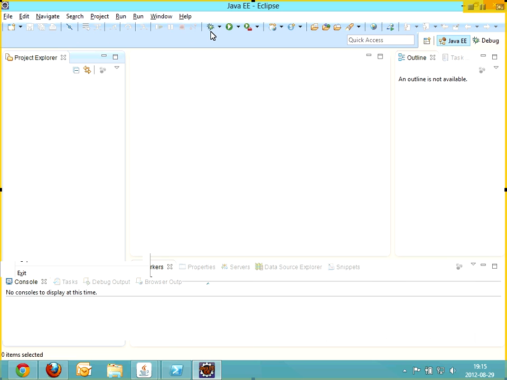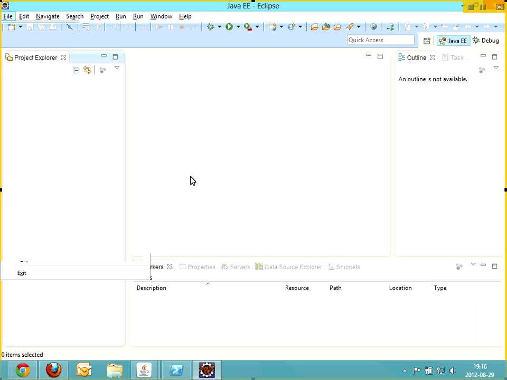So to create a project, go File, New, and we're going to create a Java project. There are lots of different kinds of projects available in the Enterprise Edition of Eclipse. Enterprise Edition deals with things like web applications, server-side applications, and there are lots of different kinds of projects you can create. We're going to create a plain old Java project, so we're going to go to Other